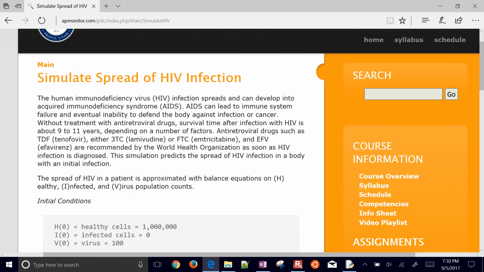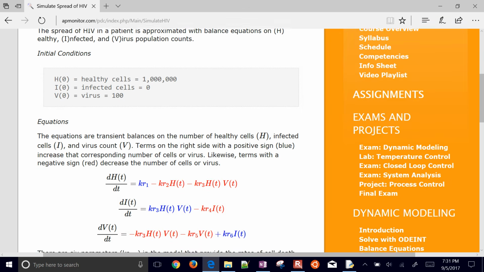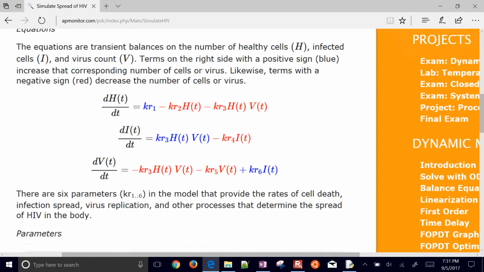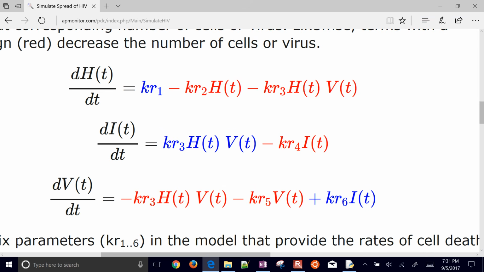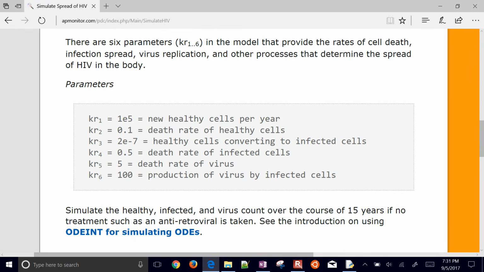And fortunately there are a lot of very good antiretroviral drugs that can prevent this transition and allow patients to lead healthy lives. Here are some initial conditions for our states, and then you have 3 equations. So what you're going to try to do is integrate these, just like we did the 2 equations. You're going to have a 3rd equation now, and you're going to have some parameters here,